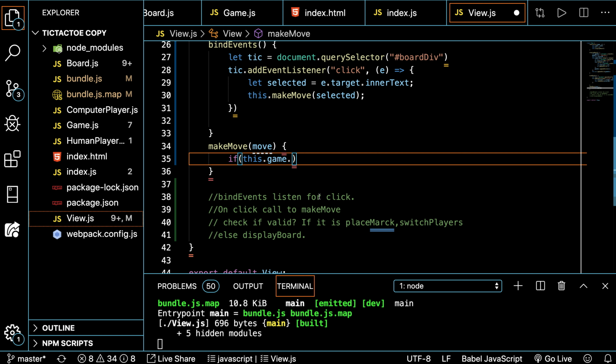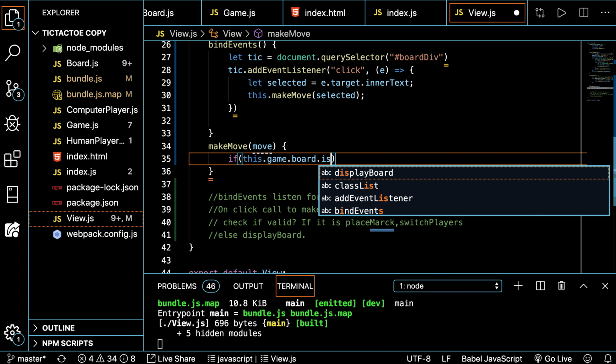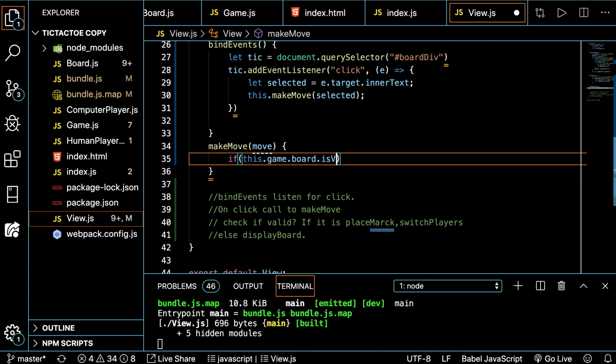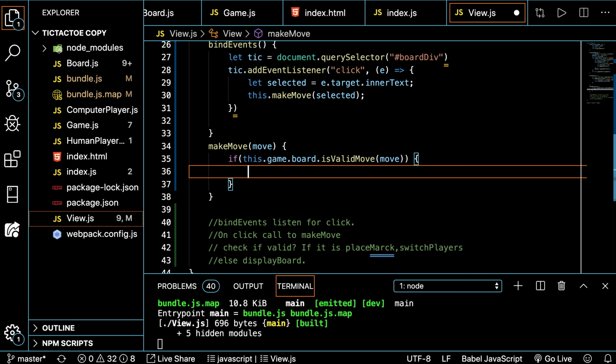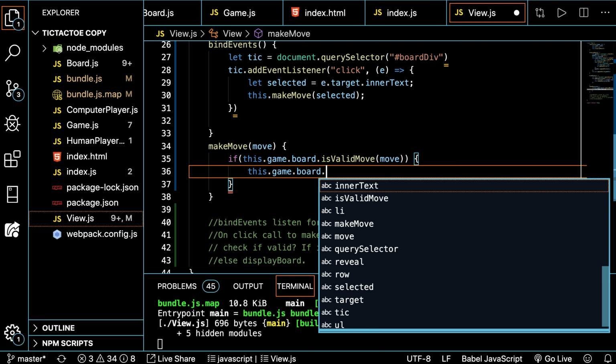But you're 100% right. Okay, so we're going to say this dot game dot board, because our is valid move is on the board class. So we can say dot is valid move. It's hard. You kind of have to remember everything that you wrote previously. And we'll pass in the move. And so if it is a valid move, we got to go place this mark. That was also part of the board class. So I'll say this dot game dot board dot